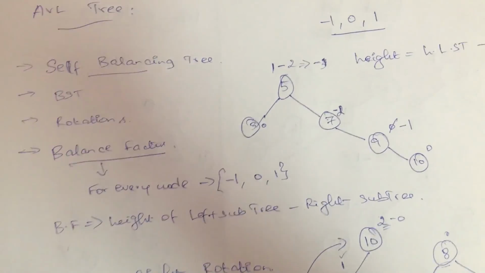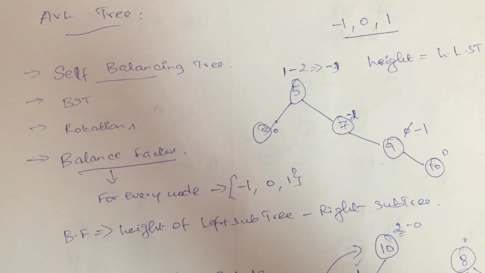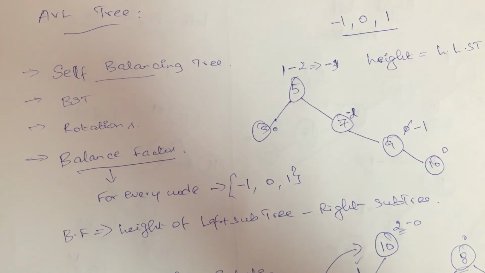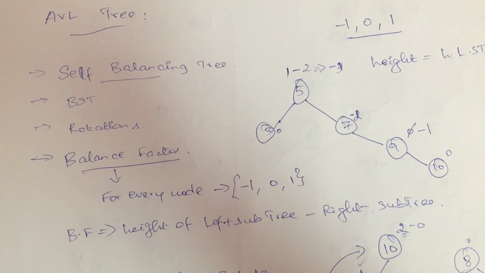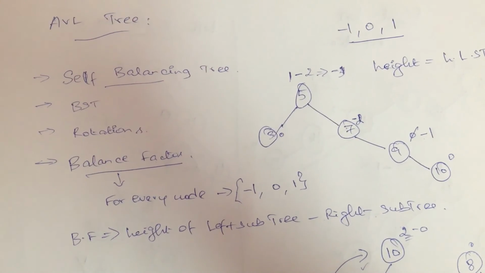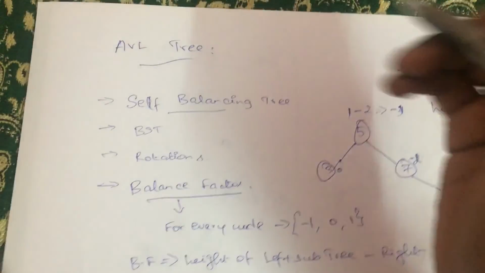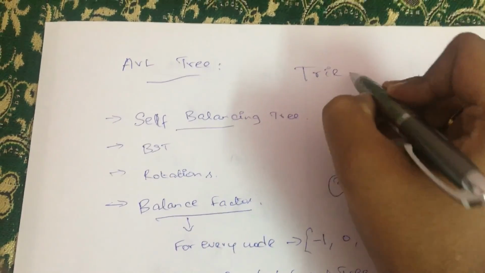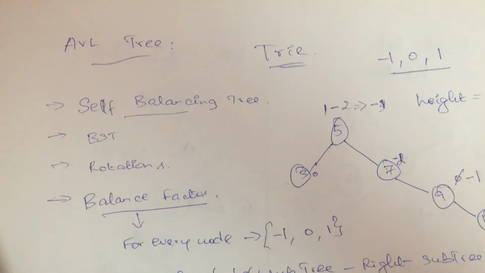And one more thing, if anyone asks you what is a real-time application for an AVL tree, it is nothing but automatic spelling correction, right? So the auto spell check algorithm is also implemented by using an AVL tree, and you can say the same algorithm is also written by using a trie tree. So the trie algorithm or the AVL tree algorithm is actually used in both implementations.